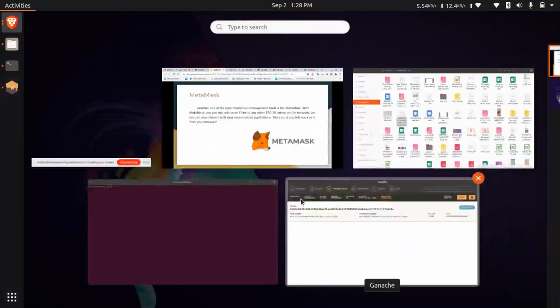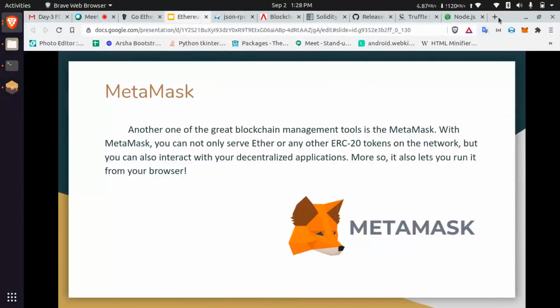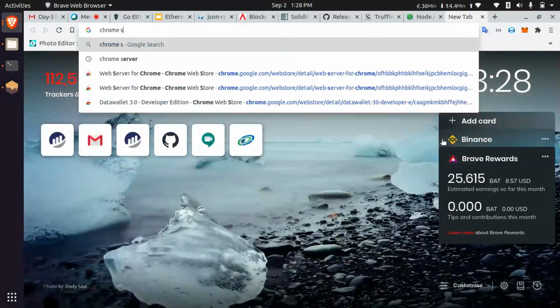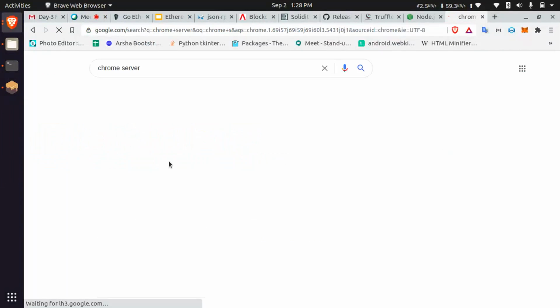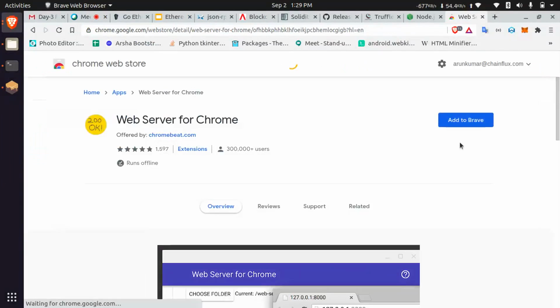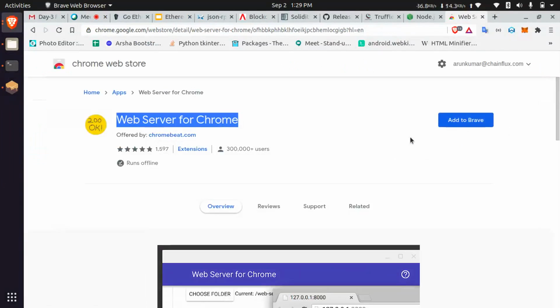Just install that Chrome browser extension, like the Chrome server extension. Just install this server. Install this Chrome server.